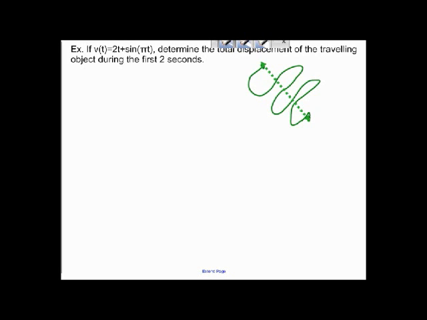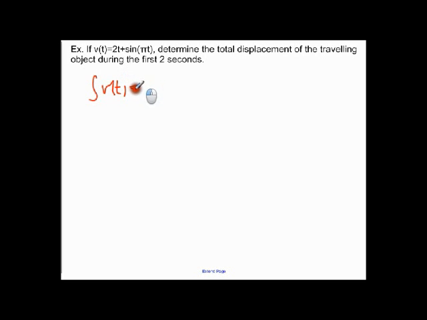let's do all that. What I want to do is find the ending point and subtract the starting point. So let's see the ending point. Remember, all we're going to do is the integral of v of t dt, so let's write it out: the integral of 2t plus sine pi t